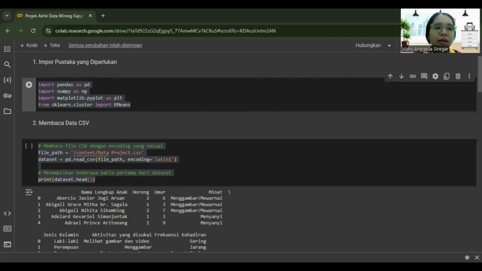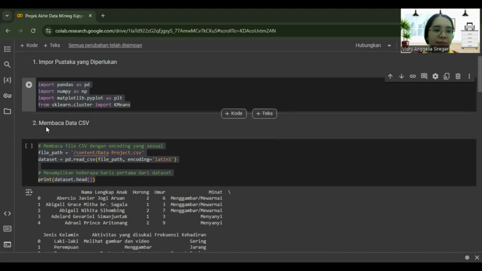Next, import numpy as np: import the NumPy library used for numeric operations, especially arrays. Import matplotlib.pyplot as plt: import the Matplotlib library used to create visualizations of graphs.